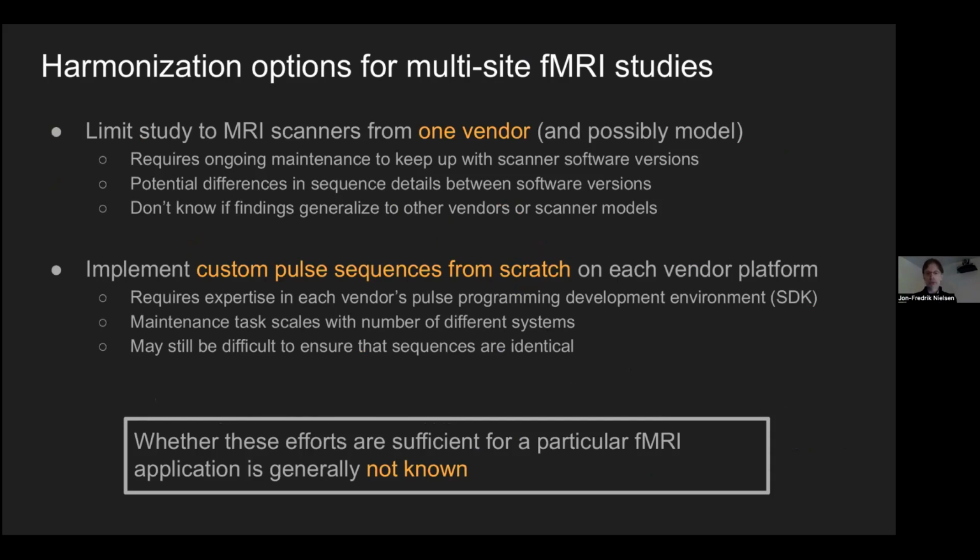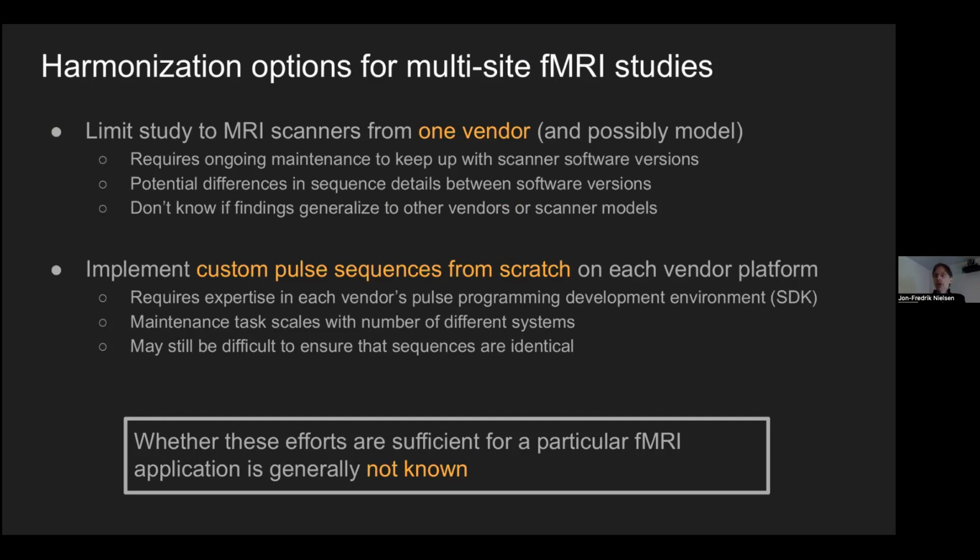What are some high-level approaches to harmonizing the protocol? I think there are generally two ways. One is to limit the study to MRI scanners from just one vendor, which is a brute force model. But that is certainly a good approach, and there are studies that do this. Even at the University of Michigan, we often bring patients to the same scanner for this reason, just to avoid the practical difficulties of dealing with different sites and eliminate that potential variance. So that certainly works. Of course, you have to maintain